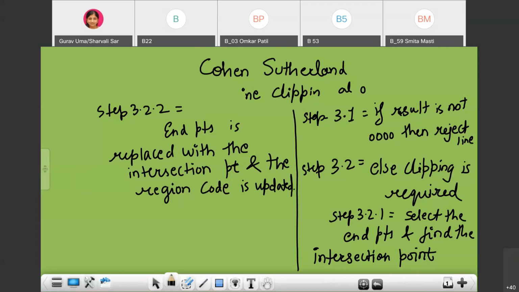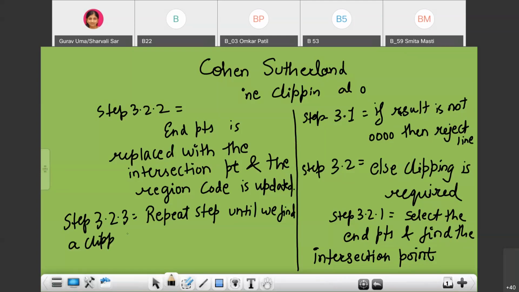So step 3.2.3 will be: repeat the step until we find a clipped line that is either trivially accepted or trivially rejected.